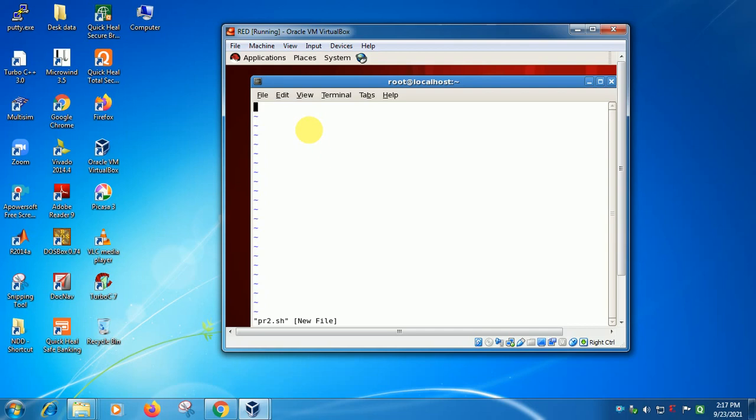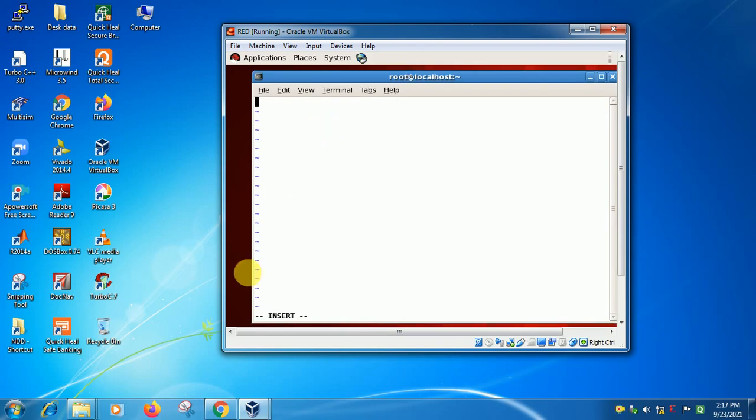As soon as I press the I key, you can see it goes into insert mode. Now I am able to type the program. I can type a small shell script program: hash exclamation slash bin slash sh.